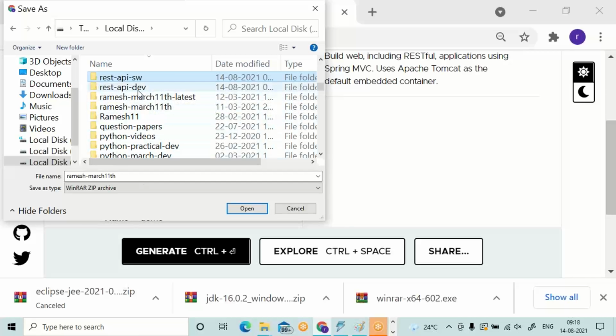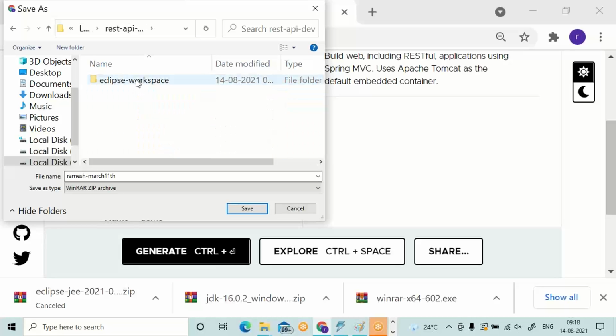REST API DEV, Eclipse Workspace. Here, the file name is changed. You should not change the file name. While selecting the target location, somehow the file name got changed. Please set the file name as demo, location as Eclipse Workspace, wherever .metadata is there. In that location itself, file name as demo. Click on save.